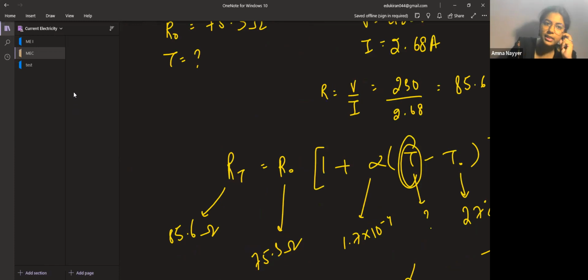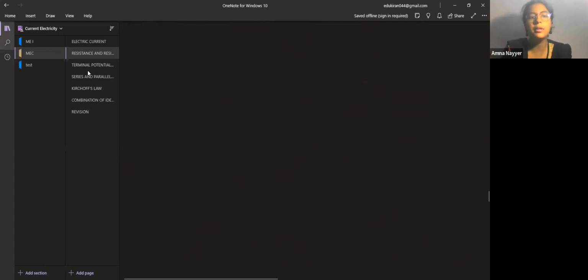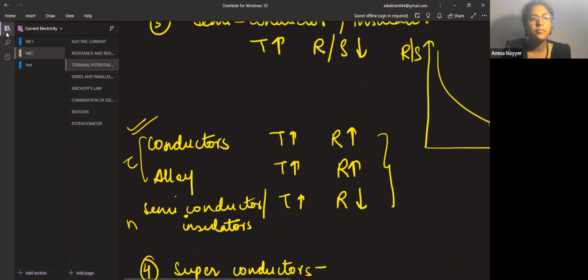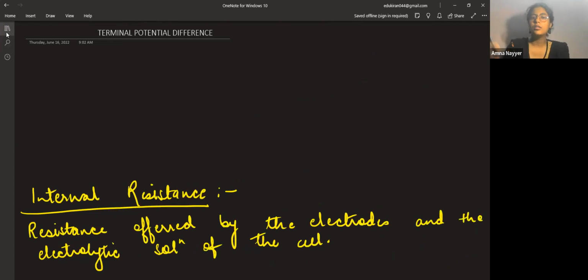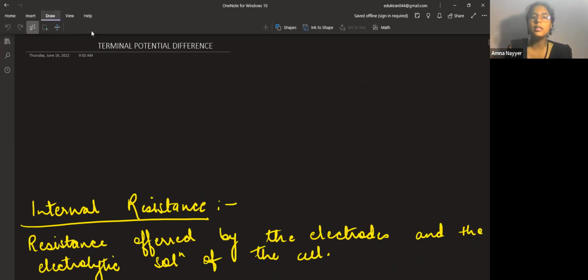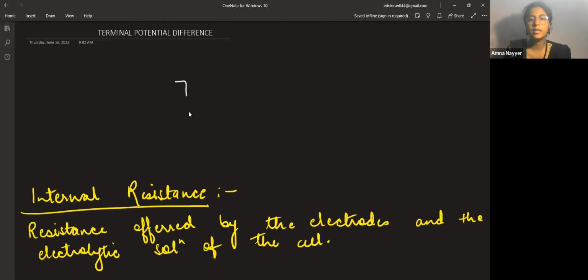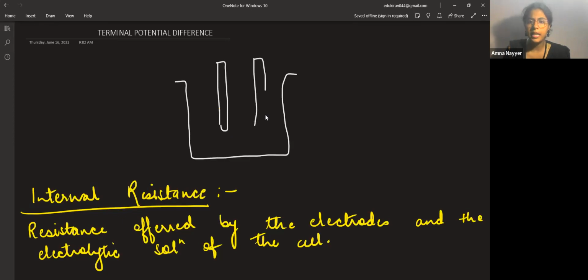All right. Now let's start with terminal potential difference. Before that, internal resistance. Let us discuss what is meant by internal resistance. So see, whenever we are talking about a cell, in detail, you people must have had this lesson in your class 12th, I think, electrochemistry. So there you must have done the detailed structure of a cell and everything. So in a cell, just the main basic things, electrodes are present, anode and cathode, which are